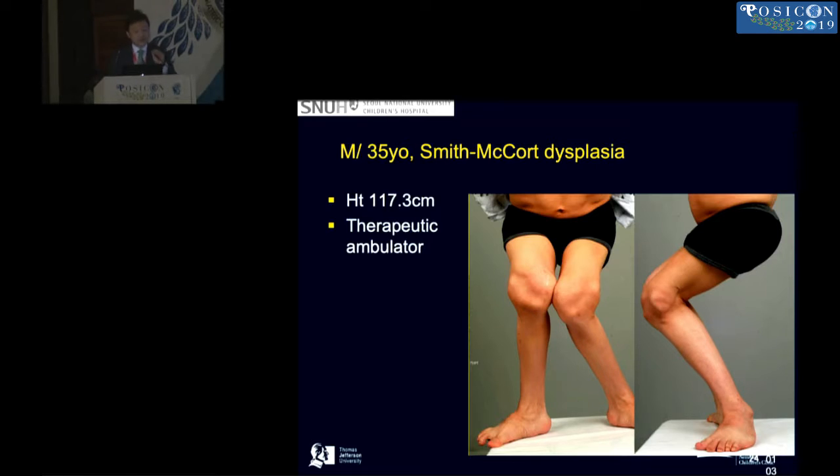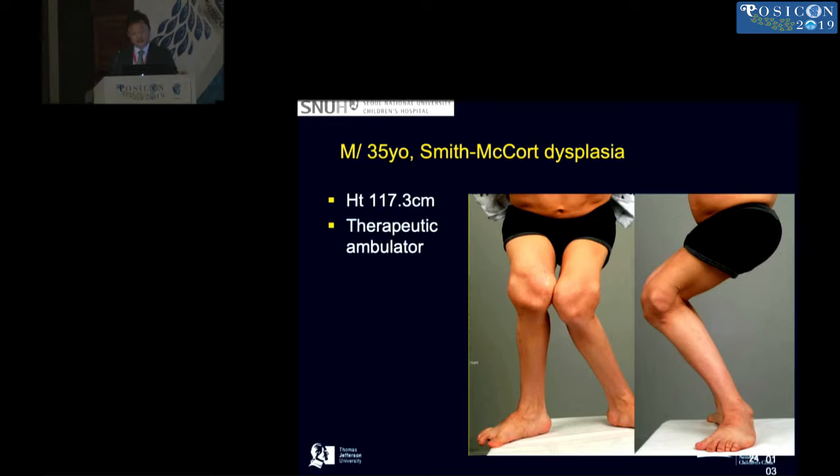So this is another case, an adult, 35 years old, with Smith-McCort dysplasia. He's very short, and he cannot work. He's just a therapeutic ambulator because of a severe knee deformity. But what kind of knee deformity is it? If you look at the lateral side, this is a patella. So he has severe genu valgum. It's not a flexion contracture, it's a